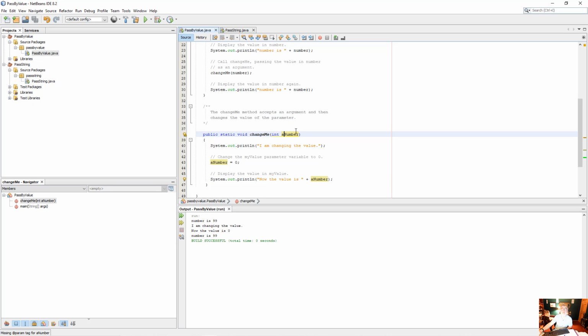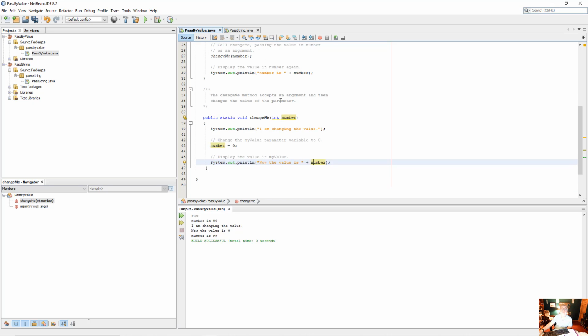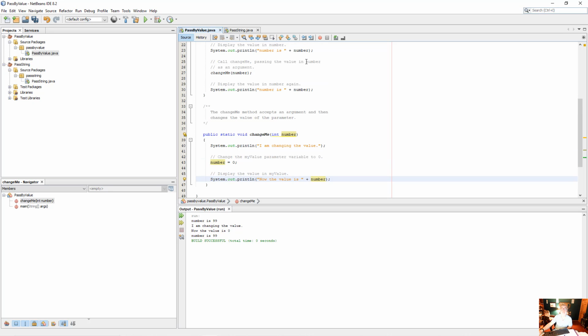And this will work even if this is the same variable name. It doesn't have to be the same variable name, but I could make it the same variable name. This number up here, its scope is only in main. This number here, which I declared here, so what I'm doing is I'm passing from here 99, boom, it puts it right in this variable. They're in 2 different locations in memory. I'm going to change this one to 0,